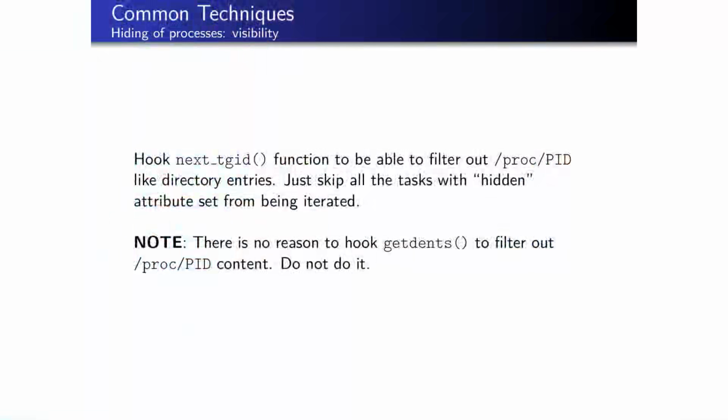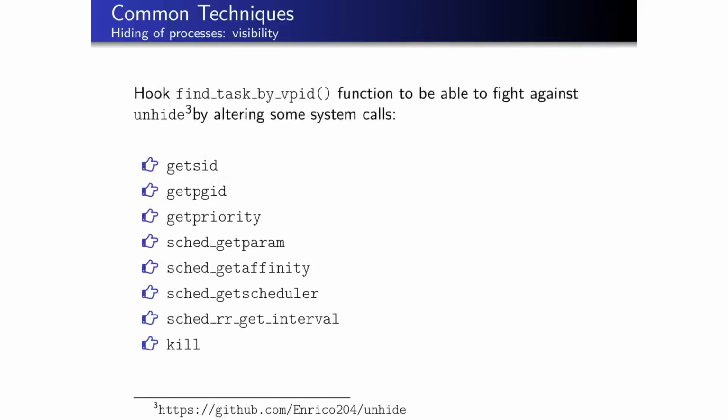Just hooking some functions, and there is an example. If you hook this function, you can hide a process. And if you hook this syscall, getdents, which is a syscall, you can hide a process. But there are a lot of problems and things you have to deal with when hooking getdents. So it's better to hook the other function that is shown right there, and this function too, to get complete process hiding and not get caught by